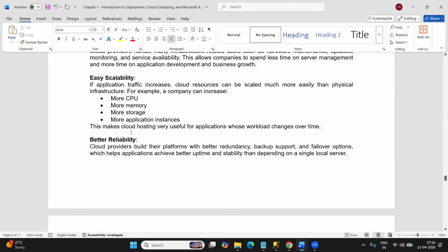Easy scalability. You can easily increase the CPU power. You can easily increase the memory, RAM and storage. You can also go with horizontal and vertical scalability, like increasing the